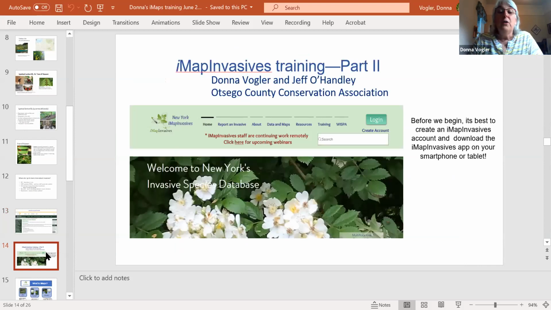Okay, on part 2, I want to go through iMaps specifically. And so if you were to have used that link in the DEC or just Google the term, you'll probably get to a page that looks something like this. Now, in the link through the DEC, it puts you directly to the New York invasives website. But if you go and just Google it, you might get to the overall one that you have to then go and find the New York one.